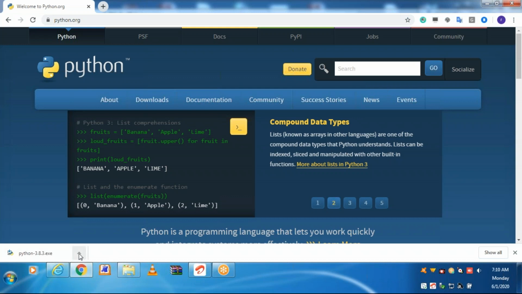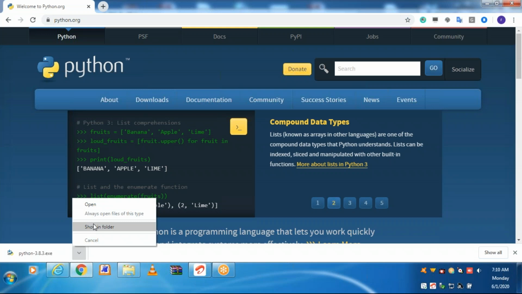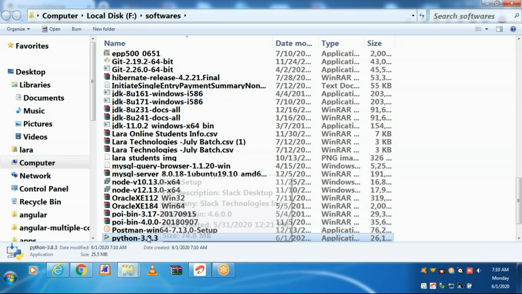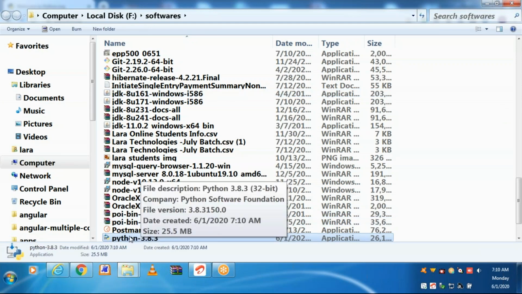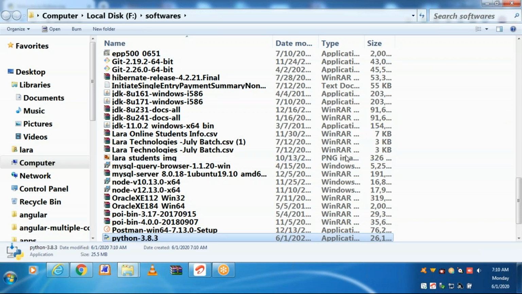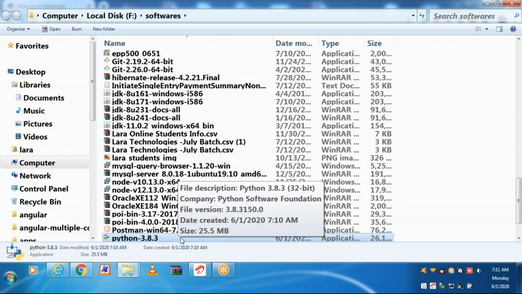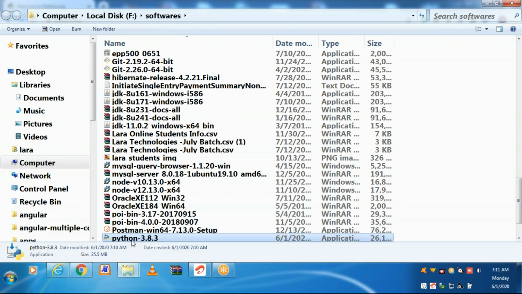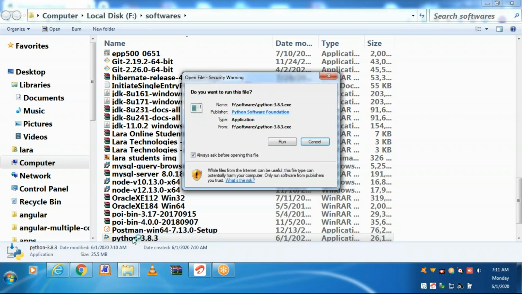Go to the location where it got downloaded. Double click on the downloaded application file. It is an executable file. Click on run.